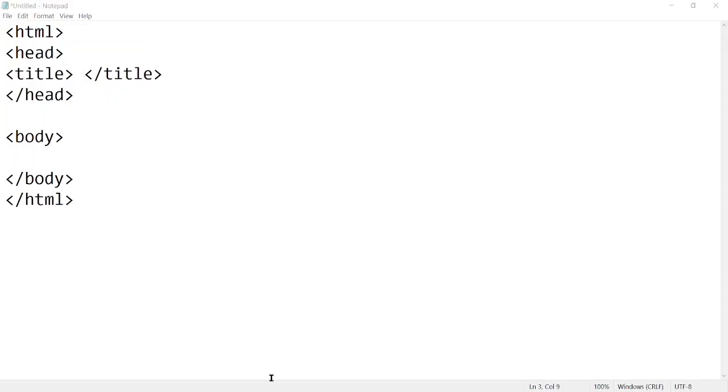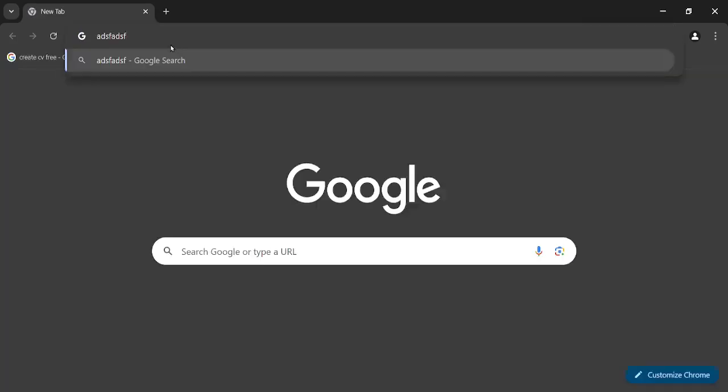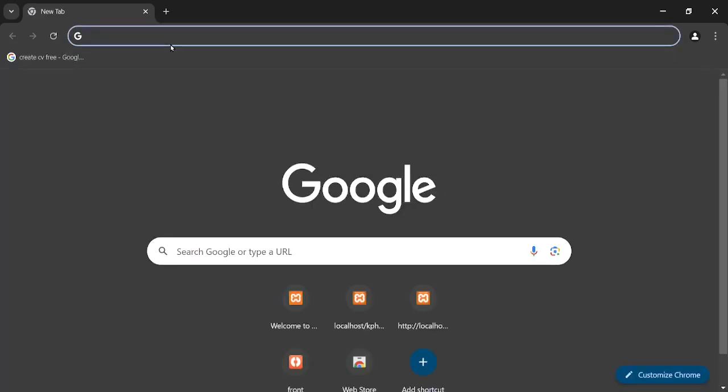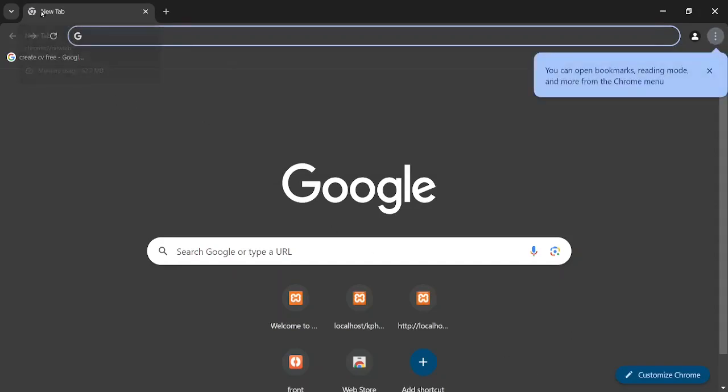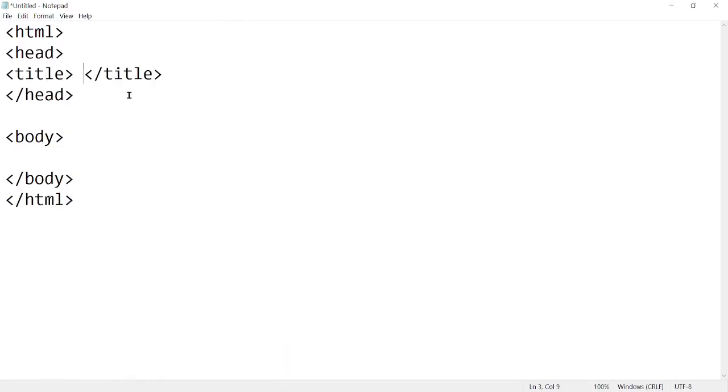When you open Chrome or any browser and type any website, for example, I have no internet connection, that's why I can't show you, but here where new tab is written, the title comes. So you just write anything over here, for example, my page.